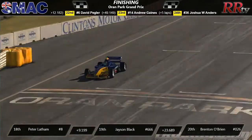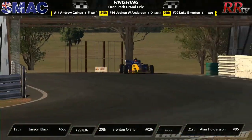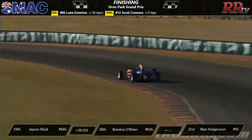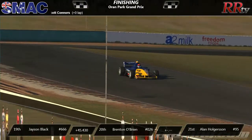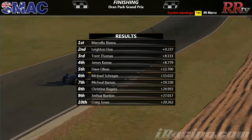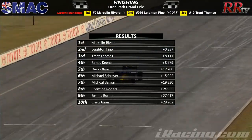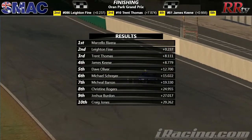We can see now Jason Black coming across the line in 19th position, and Brenton O'Brien is just coming up over the bridge. He will finish in 20th position and 1 lap down. So it was a good showing here tonight for the Evolution Racing Australia drivers, with 2 of their drivers in the top 5. So as Brenton O'Brien comes through to finish, we'll take you through the full positions here, folks. Marcelo Rivera wins tonight, followed by Fine in second, Thomas third, Keane fourth, Oliver fifth,